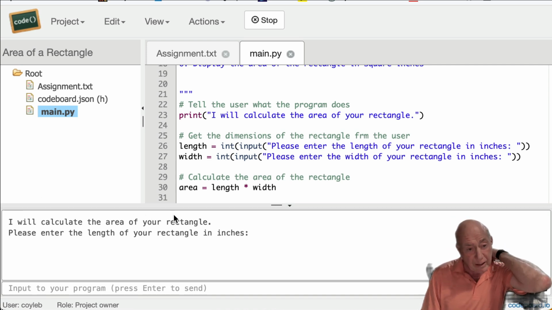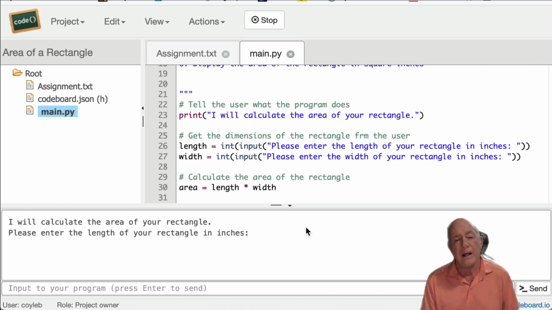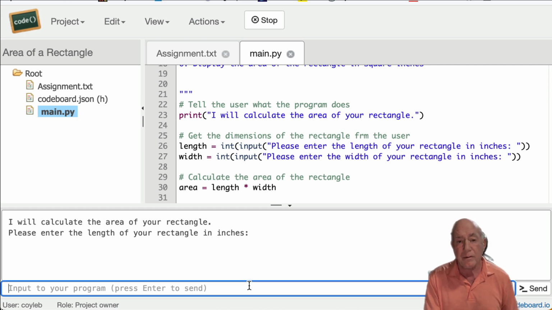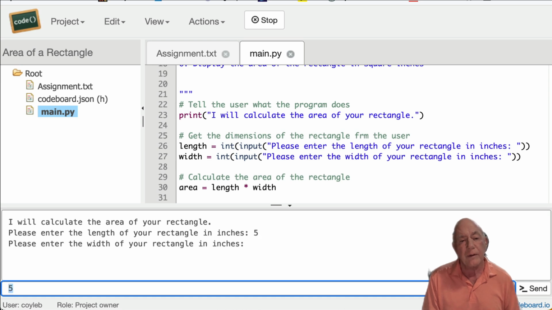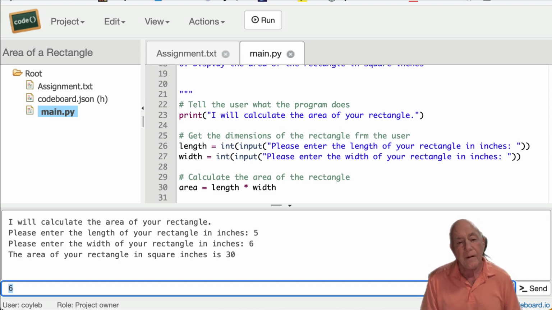I will calculate the area of your rectangle. And it says, please enter the length of your rectangle in inches. All right, so your input goes down here, not up by the word inches, and we'll enter in what our example was before. So we'll type in a 5 here. Then it comes up and says, please enter the width of your rectangle in inches. All right, this time we'll type in a 6. And your program, which is working correctly, which is great, says the area of your rectangle in square inches is